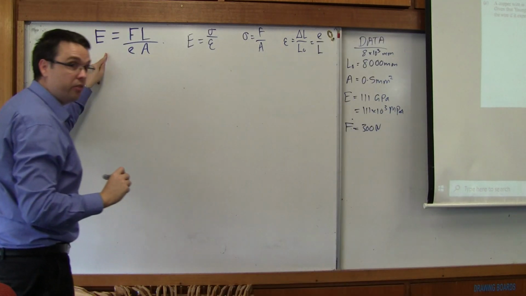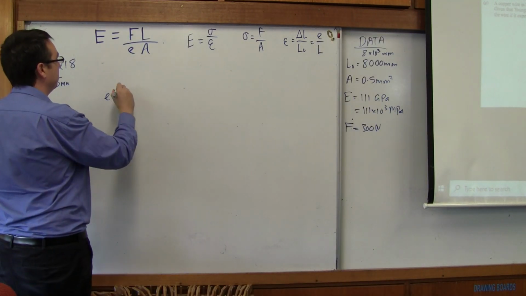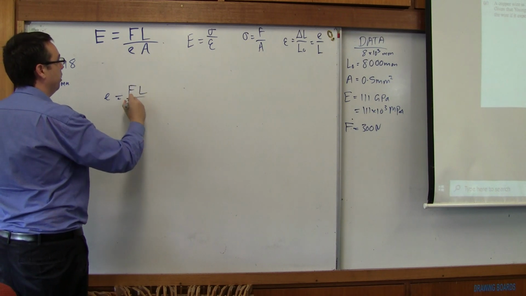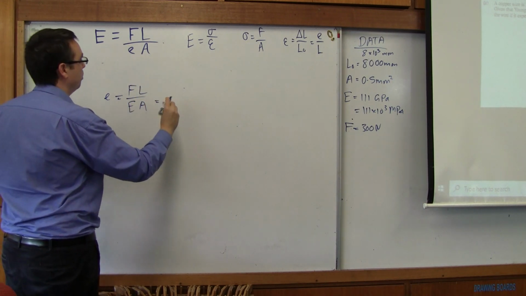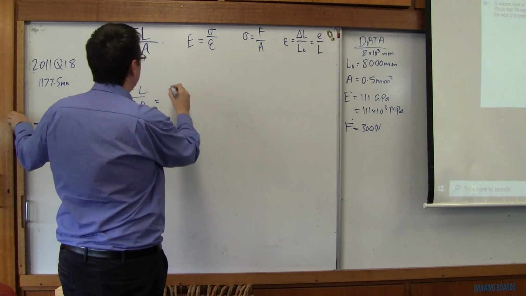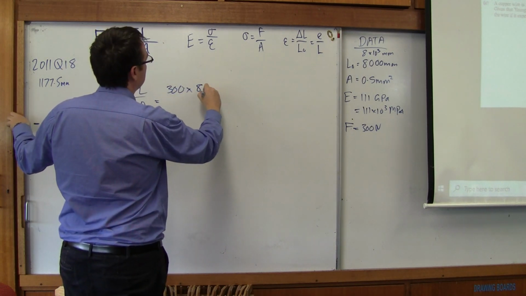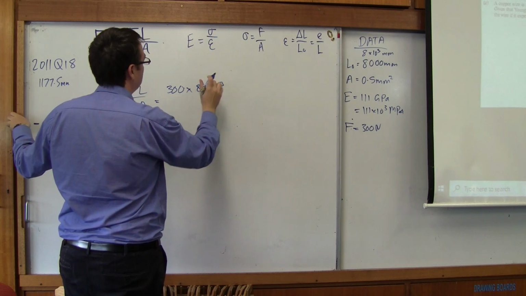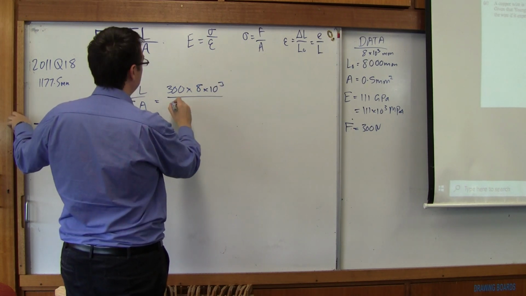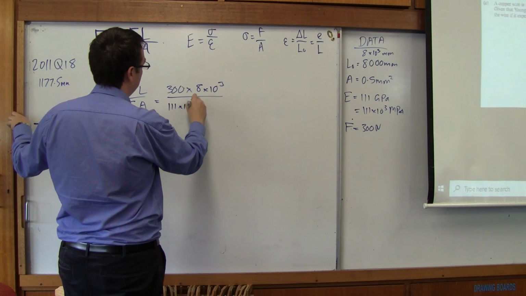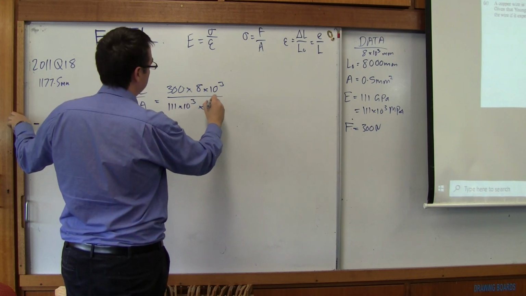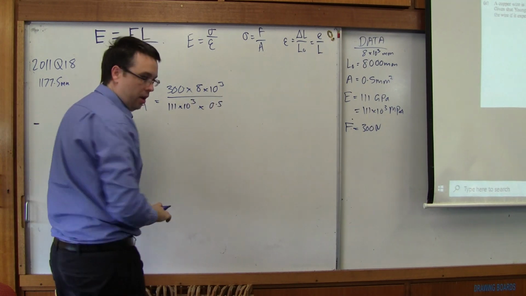We're just taking E, remember we can say that the E's can be swapped, FL over EA, and what we're going to have here is F is 300, L is, I'm going to write as 8 times 10 to the 3, divided by E, which is 111 times 10 to the 3, times area, which is 0.5. We can cross out,